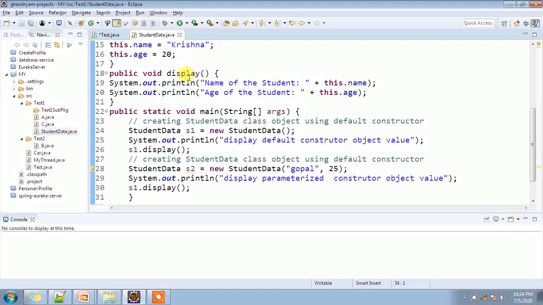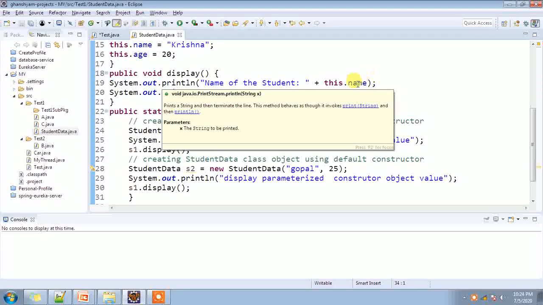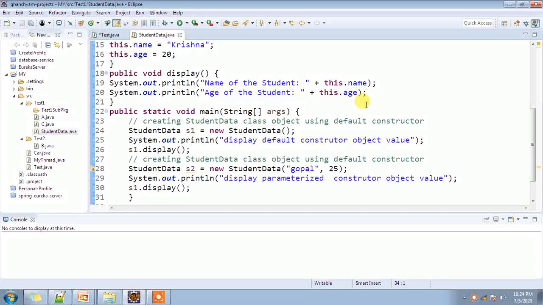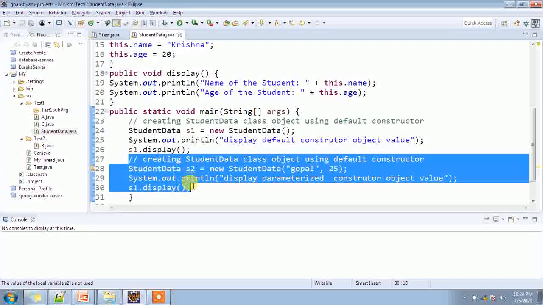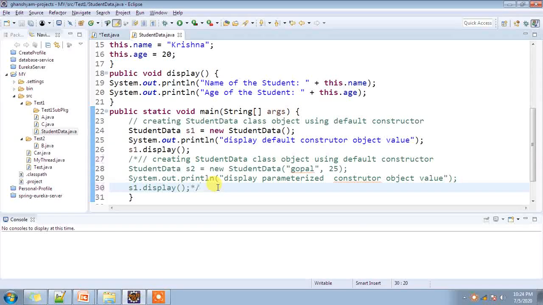And here we create one display method which prints the name and age. Okay, now first we comment this